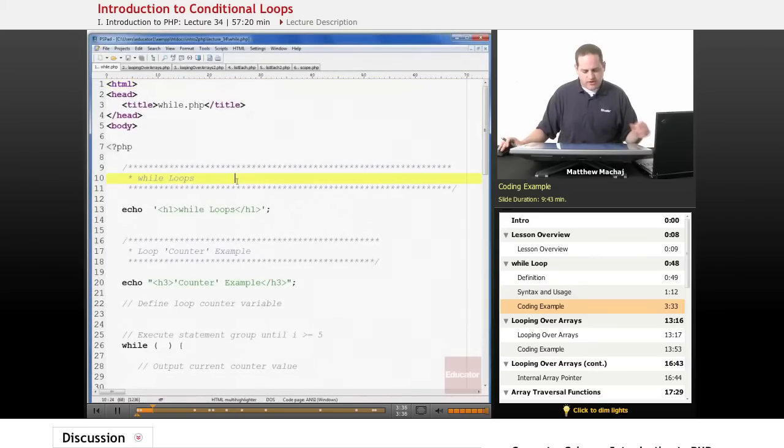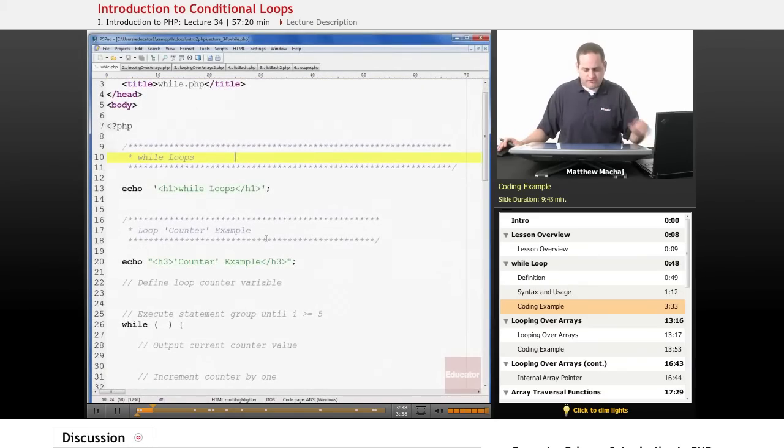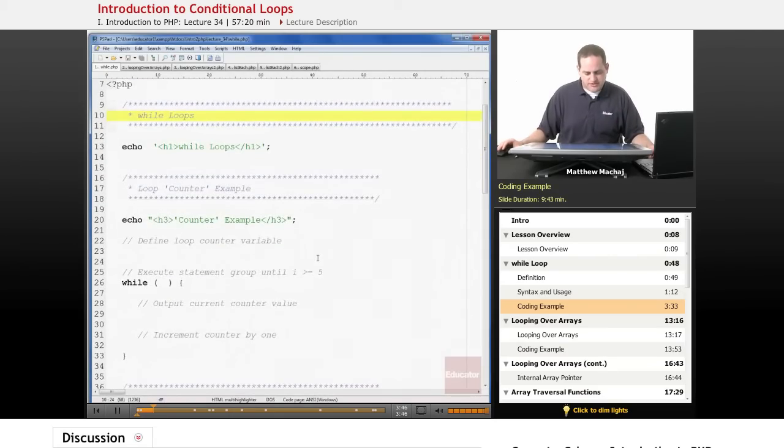So let's go take a look at a script called while.php. The first thing we're going to introduce is what's known as a loop counter. Basically, a loop counter is something that you can use to know when to end the execution of the loop. So we're going to create a loop that's going to output the numbers